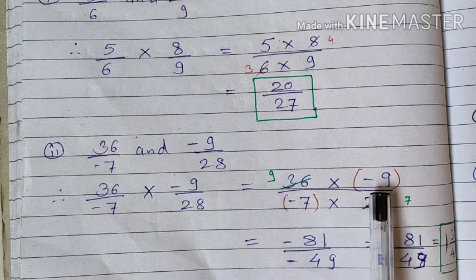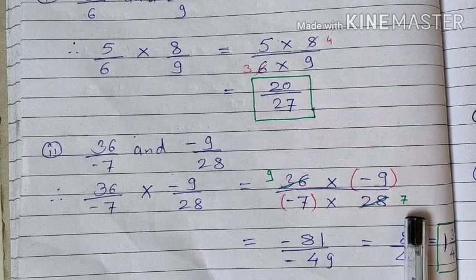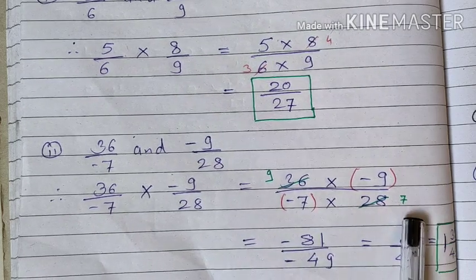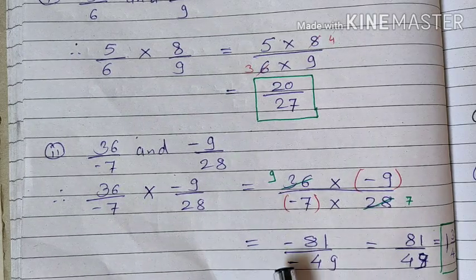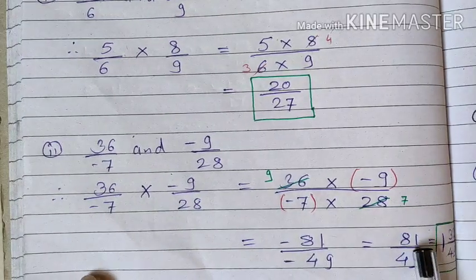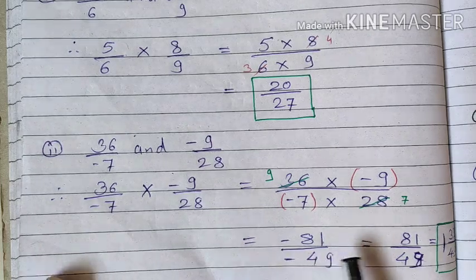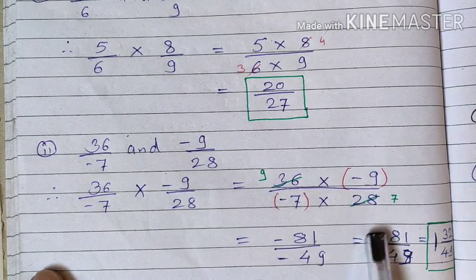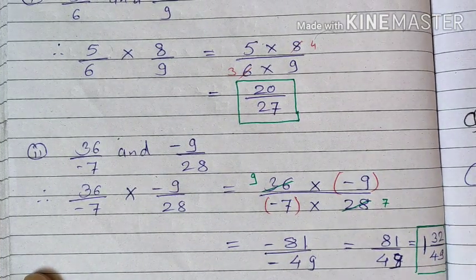Okay. Positive multiplied by negative, the answer will be negative. And negative multiplied by positive, again the answer is negative. Therefore 7 multiplied by 7 is minus 49. Minus 81 upon minus 49. Got it? Both are minus sign, so we can also convert it into positive, because if both numerator and denominator are negative, the answer should be positive, 81 upon 49. Or we can also convert it into a mixed fraction, like 1 integer 32 by 49. Okay,